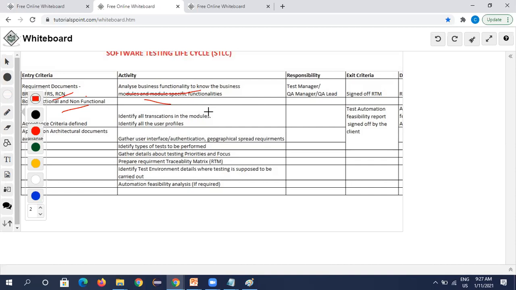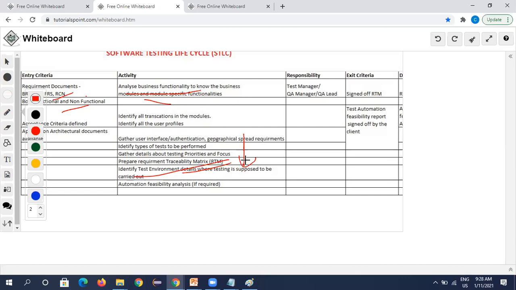If functional testing is required, what all do we need to cover? End-to-end testing, retesting, regression testing, functional testing, smoke testing, sanity testing. Either all of these are to be covered, or we can skip something, or we need to add some more testing methods. Then we prioritize our testing; priorities are distinguished here. Then we prepare the requirement traceability matrix, which means the mapping of requirements and test cases. I'll explain that in the next slide. And we'll get all the environmental details in this activity.